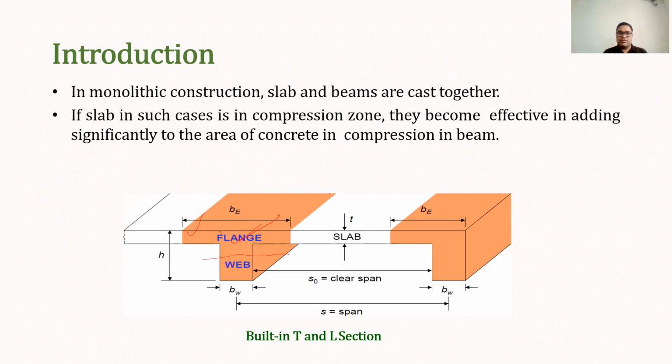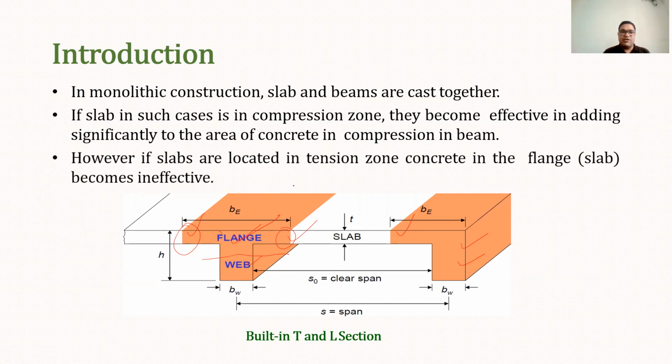Now as per configuration, as you can see, if there is an end beam, in the end beam the slab is attached at only one end, so with this we can call it an L beam. Similarly, if there is an intermediate beam, the slab part is available on both sides, so the shape so obtained is known as T beam. Okay, so as this part is called flange, that is why these beams are known as flanged beams. So flanged beam can be T beam or L beam.